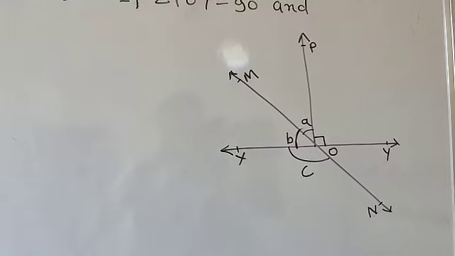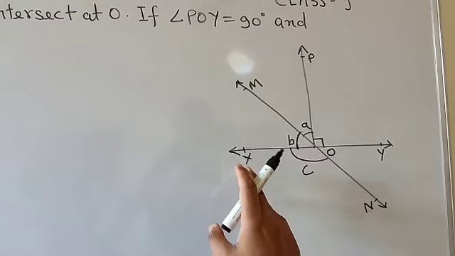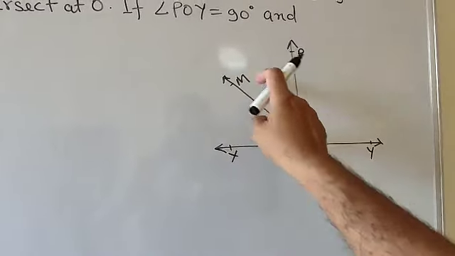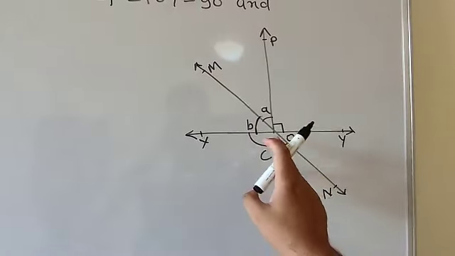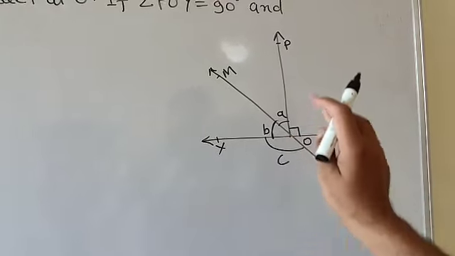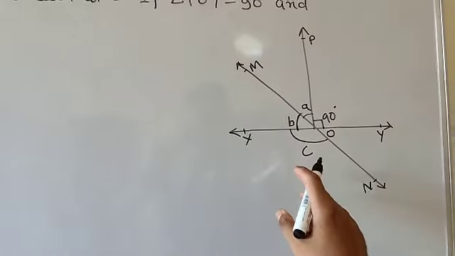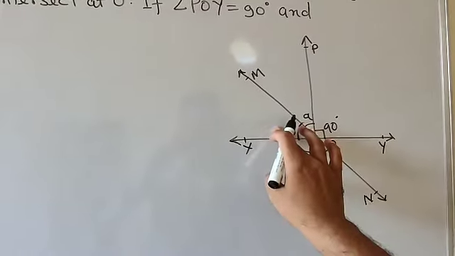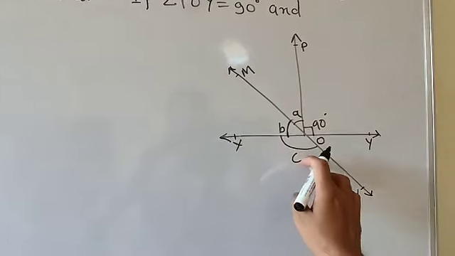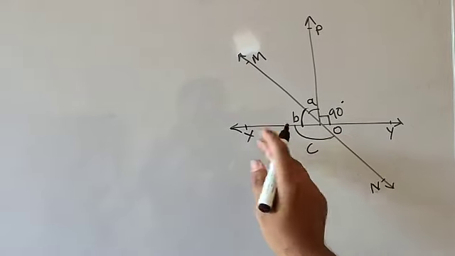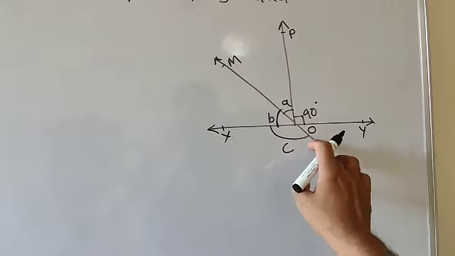with the proper steps. Here in the question it is given that two lines XY and MN, which you can find in the diagram, are two straight lines intersecting at point O. Angle POY is given as 90 degrees, and A ratio B equals 2:3. Here the ratio between these two angles is given, and you need to find C. So C is an angle. Here you need to find angle XON, that is C. So you need to find the value of this angle, that is C.